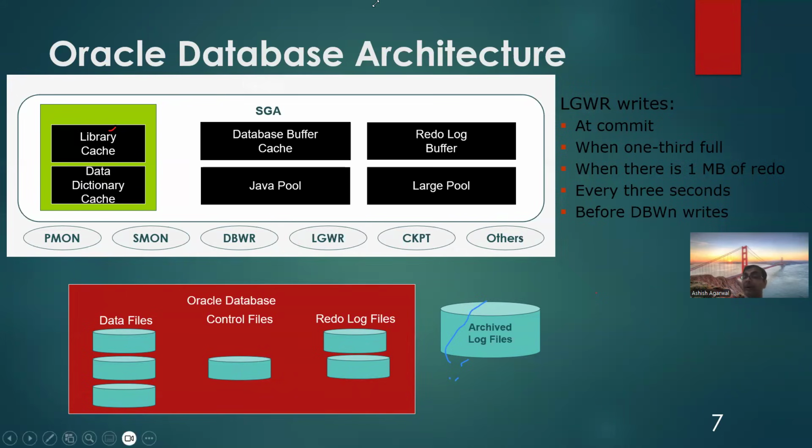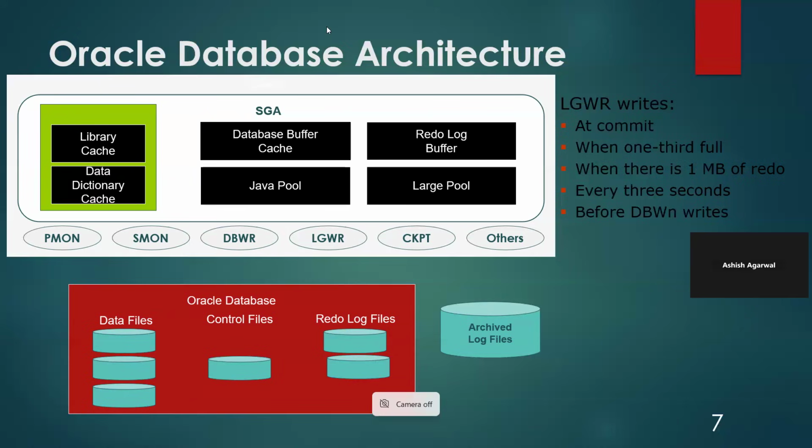Apart from that, all the change data capture tools use these redo log files and archive log files. So GoldenGate or any competitor of GoldenGate uses these files to capture the changes from the database. For GoldenGate, you don't have to worry. You just have to think about the changes being written into these files, and once the changes are written into these files, GoldenGate will be able to capture the data without any issues or concern.